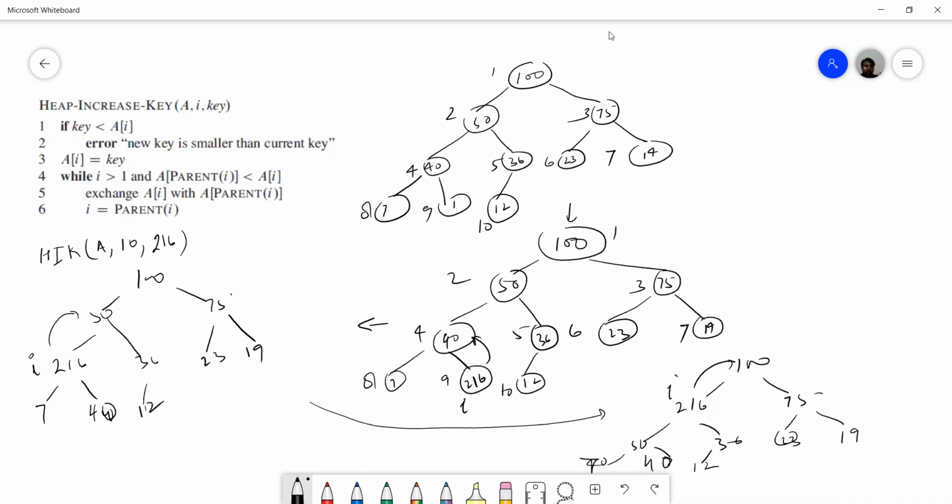Again this is i, again we'll compare. Finally what we'll get? 216, 100, 75, 50, 7, 40, 36, 12, 23. I hope the heap increase key task is clear.